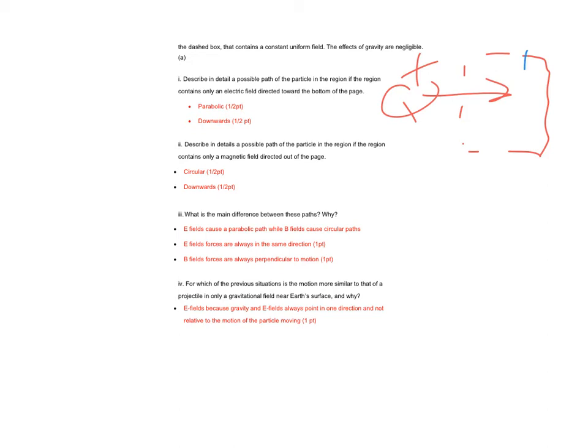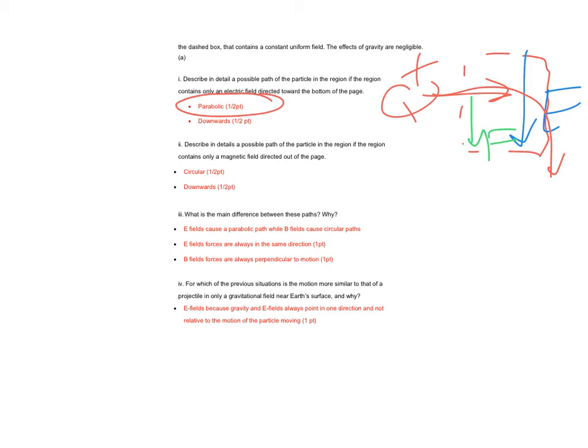So you had to know that E was pointing in that direction, so then there's going to be a force going in that direction, so it's going to curve down. Now, I was looking for parabolic, but I took any phrase that kind of meant that, as long as you said downward. Some people said it would curve downwards and end up exiting at the bottom. It was a little fuzzy if you just said it went down, so you did have to say something about it exiting at the bottom and not keep going in a circle, as opposed to